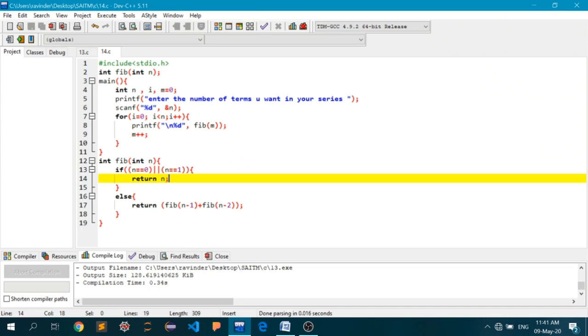Next, I will go inside the main function. I have defined 3 variables of type integer called n, i and m. The value of n I have initialized as 0. Next, I will ask the user how many numbers they want printed in the Fibonacci series.